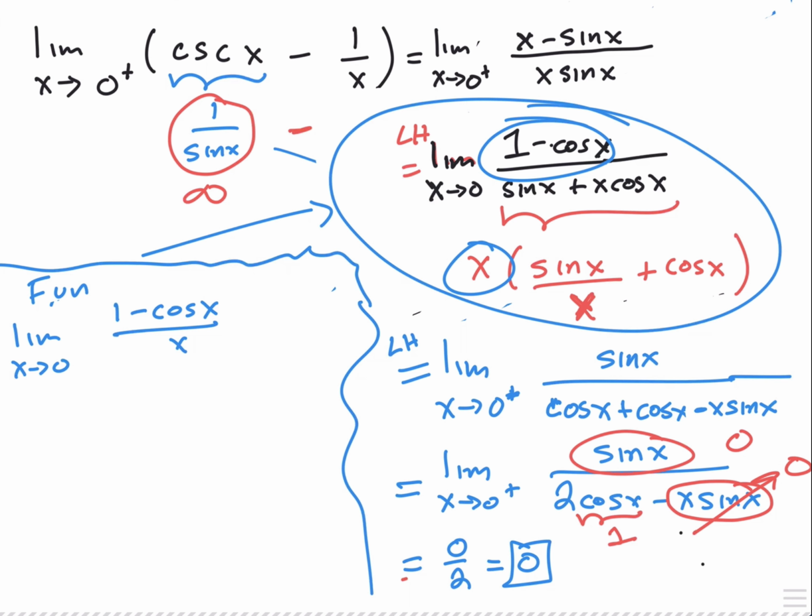And then all that divided by, so this is just a rewrite, I'm not really doing anything here, sine x over x